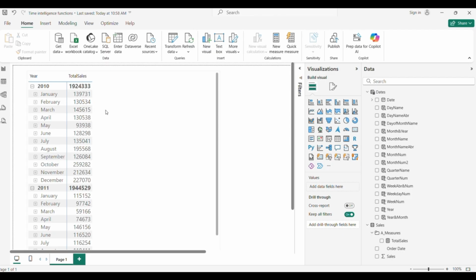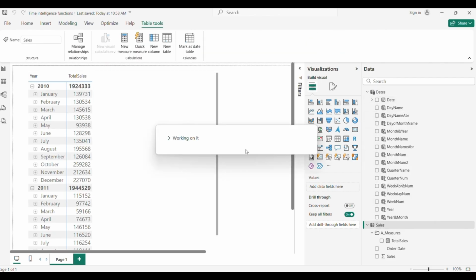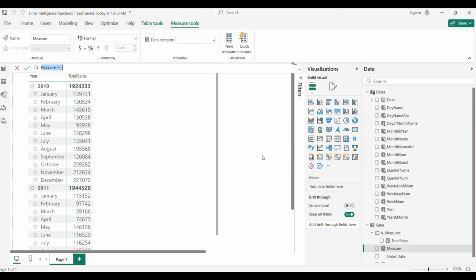That will be very interesting to visualize, because you can easily understand better what is happening from one month to the other. For that we will start with our first function, and that will be DATEADD.